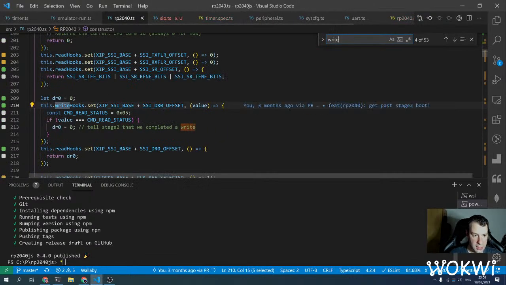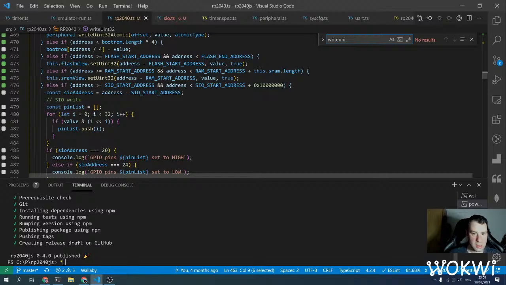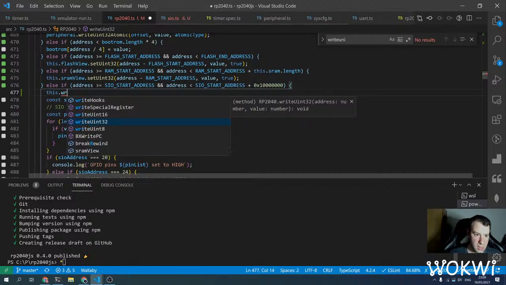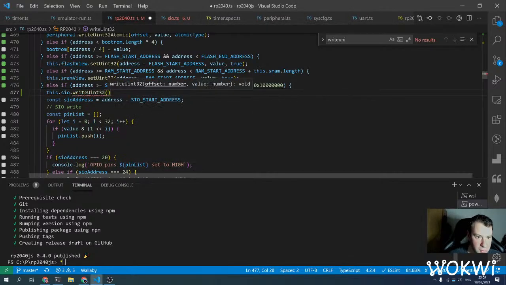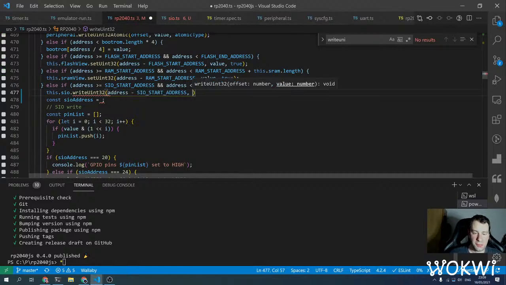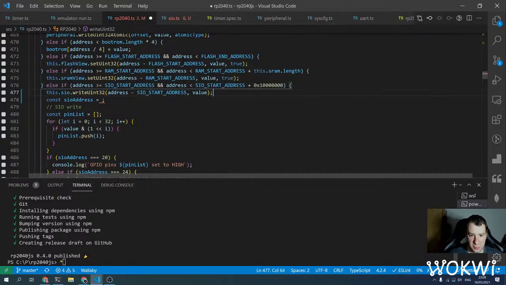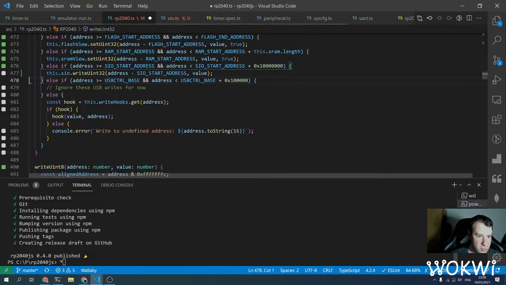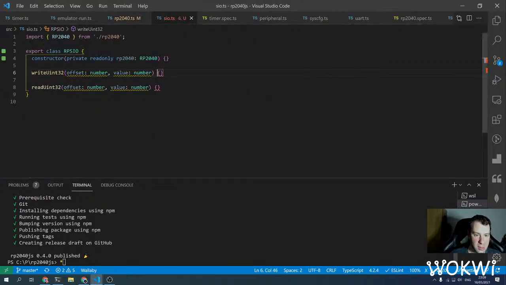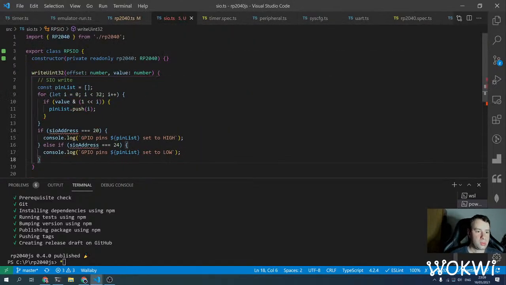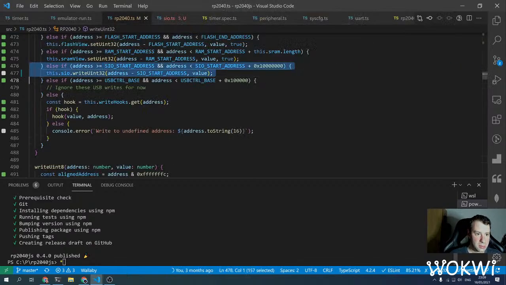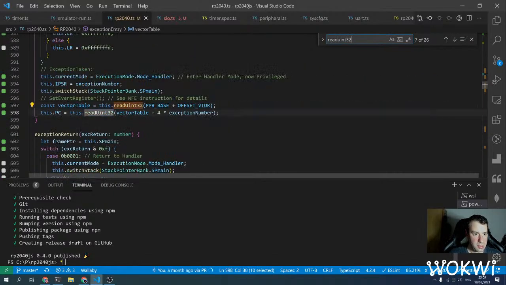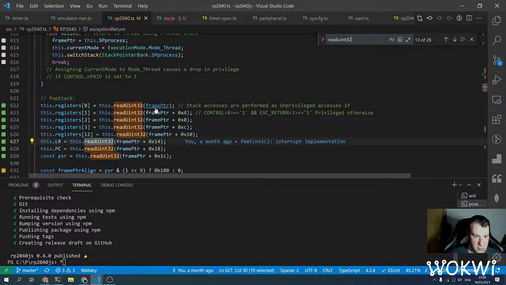And then write, then say this.sio.write uint32, then offset and value. Okay, and then we can move all this logic, which will be rewritten in a moment, and also the read part, so read uint32, the implementation,